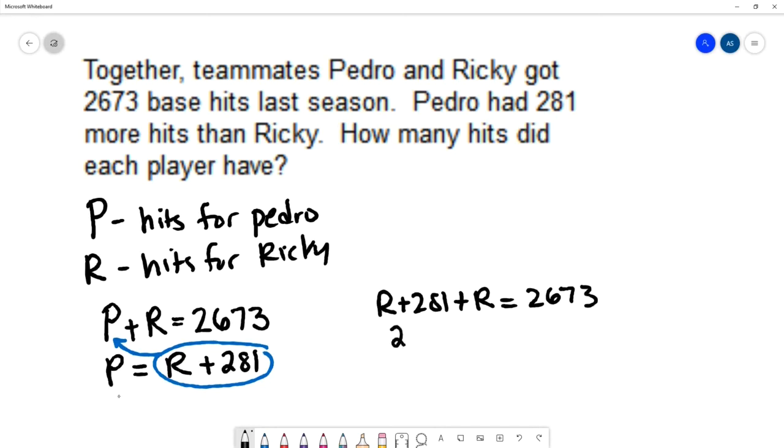Combining the r's together, we get 2r plus 281 equals 2,673. We're going to subtract 281, and that gives 2r equals,